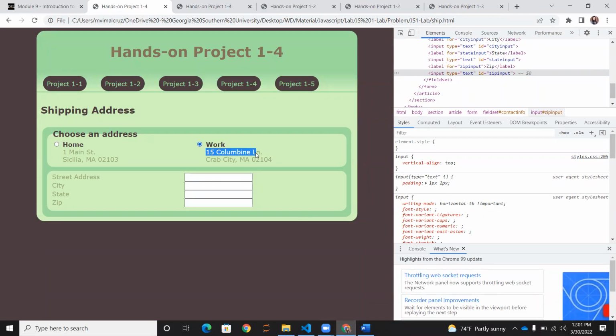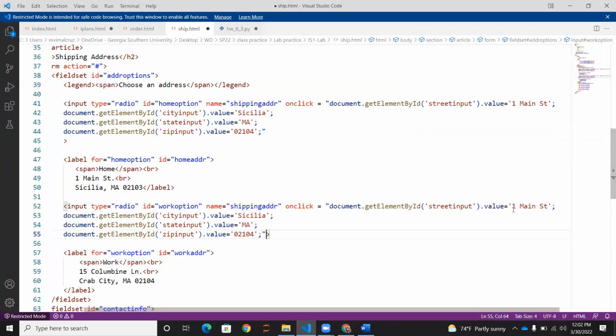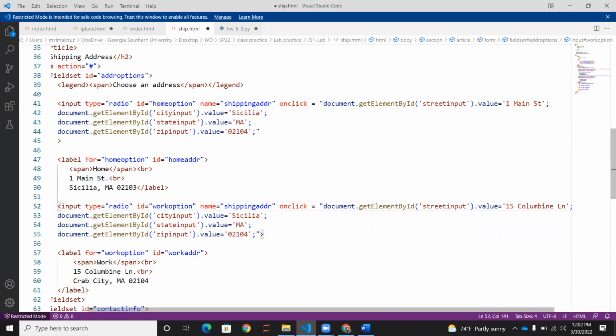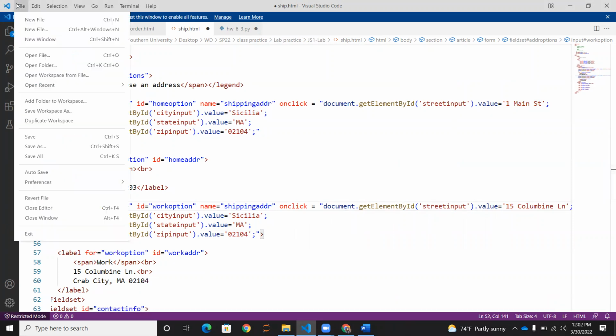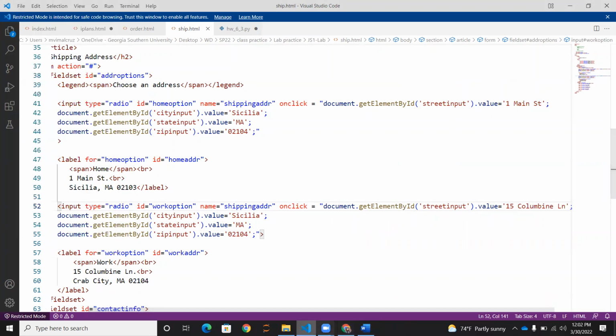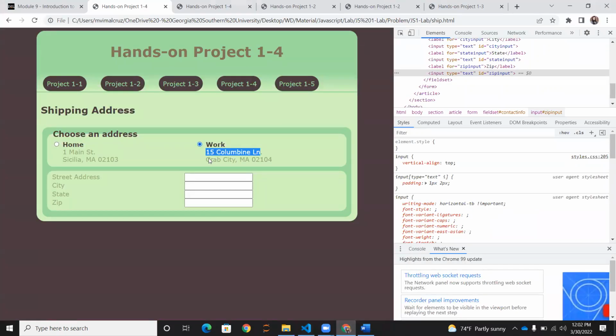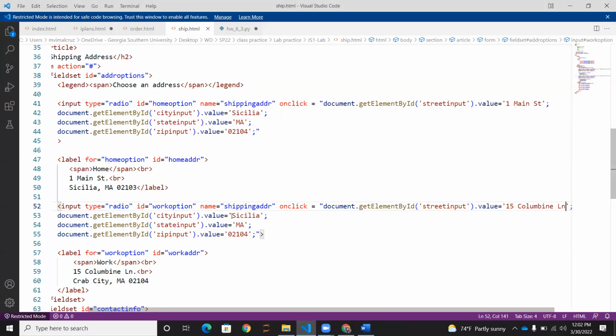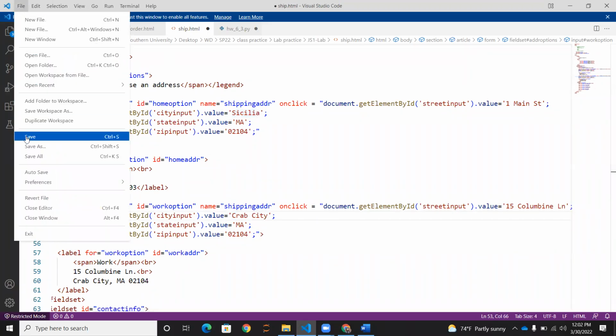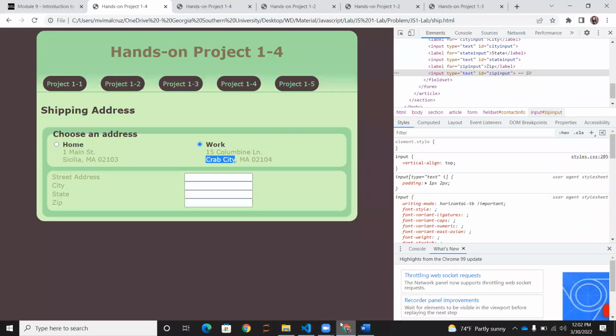The work address, the street ID, you can just copy it from the page. 15 Columbine Lane. So you can simply copy it and paste it, replacing that one main street. And then the second one, Crab City. Copy it and change the city value to Crab City. And the third one, Massachusetts, and the pin code is going to be